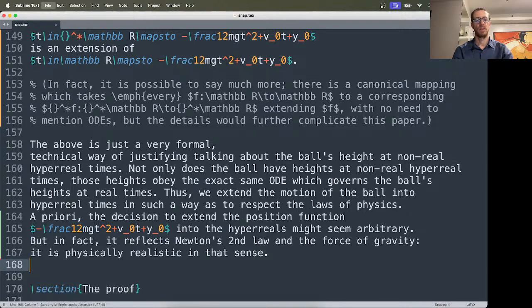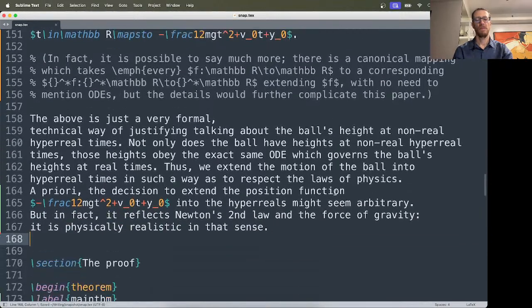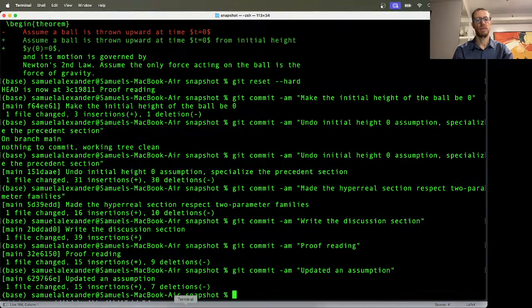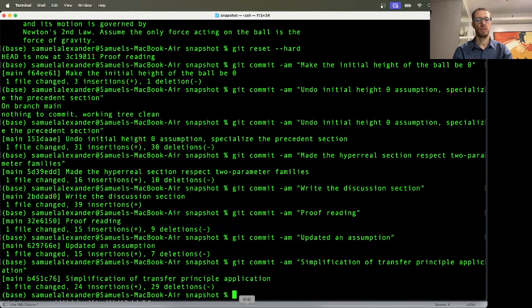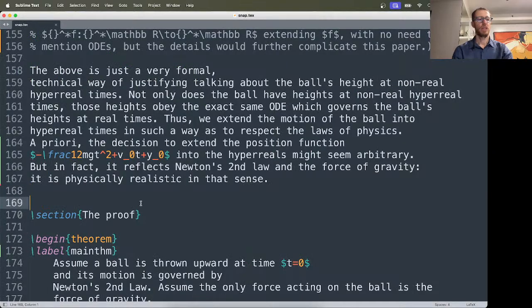Okay. Let's commit that. For the commit message, I will write: simplification of transfer principle application. Okay. Now